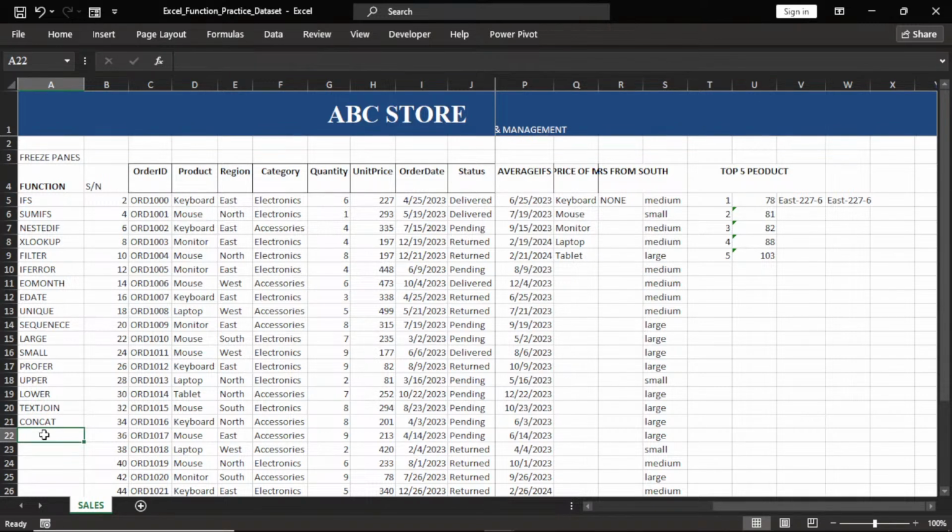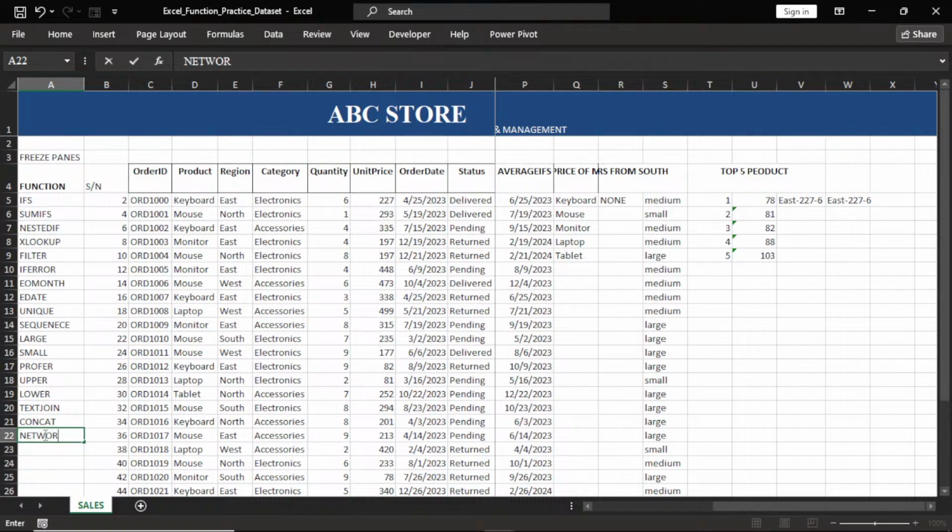All right, the next function we are going to look at is, especially for HRs, data analysts and project managers, you need to work out your project schedule. You want to put up your project plan or work schedule plan. You need to know the number of working days in a week and stuff like that, from your schedule, based on the plans you have. So we can make use of this function